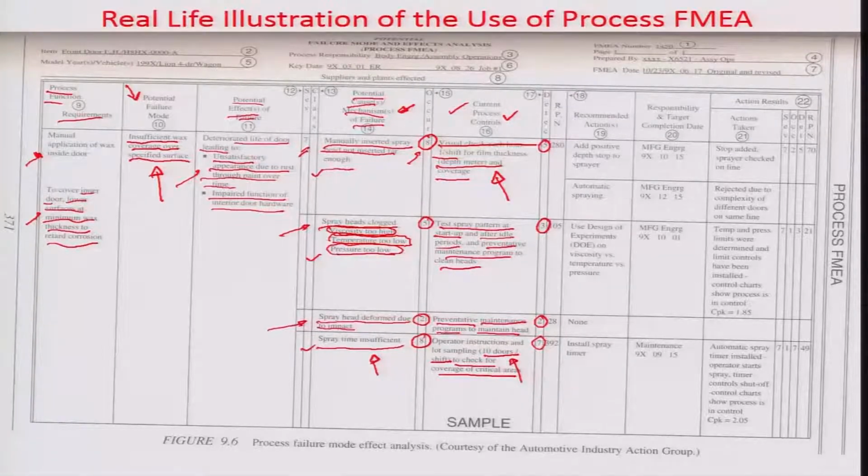So the RPN number, which is again the multiple of this tuple, that is severity, occurrence and detectability, is calculated here to be 7 cross 8 cross 5, that is 280. And similarly for the other different root cause trees, which are the responsible causes or mechanisms for the failure to happen, the RPNs are calculated to be 105, 28 and 392. So now one has to do something so that the RPNs could change, and the RPNs have to be brought down